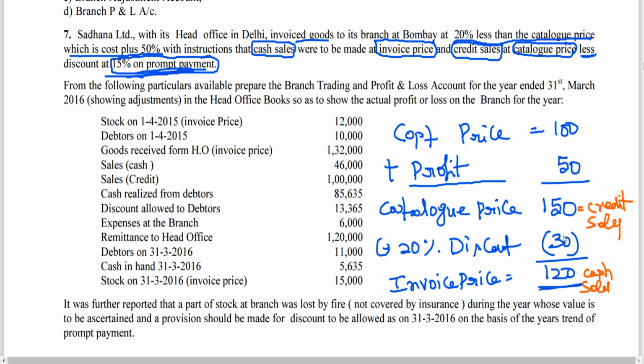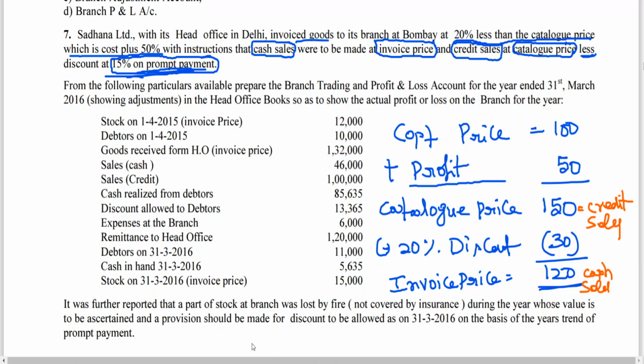Whenever there's a credit sale of the branch, when the customers of the branch make a payment on this 150 rupees for making prompt payment, they are going to get 15% discount. Simple. This is nothing but provision for discount we need to create. Am I right? The meaning is the same. Or if payment has been received, we can give 15% discount on prompt payment. This linked point I am giving.